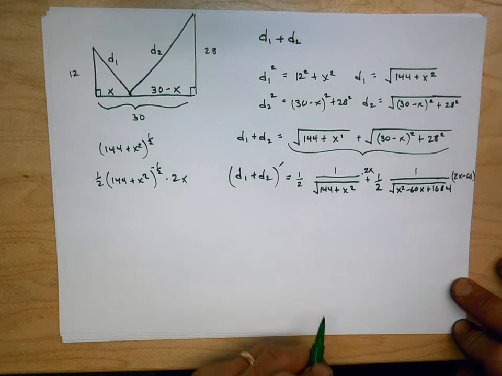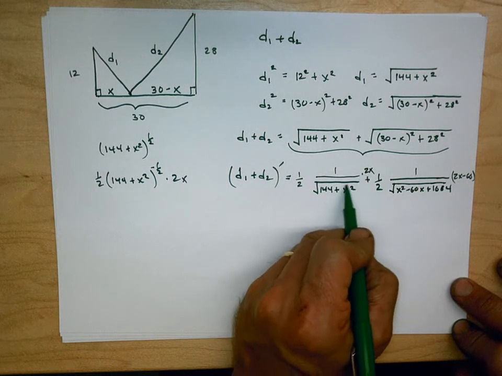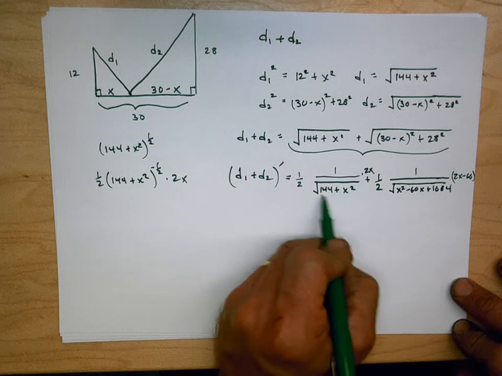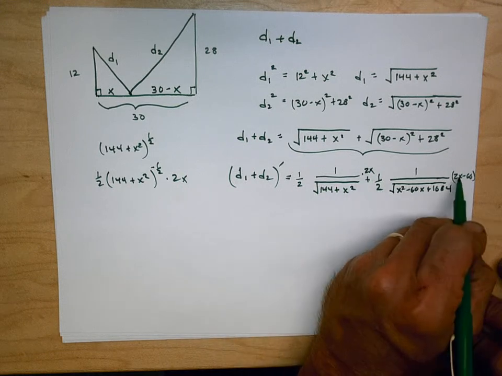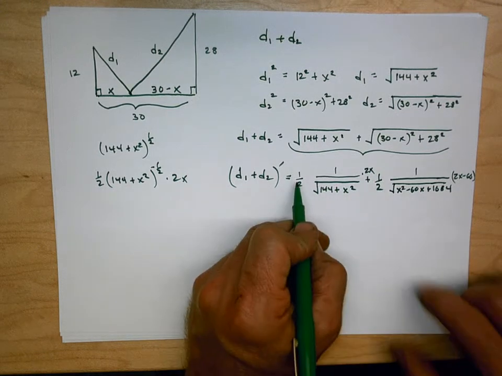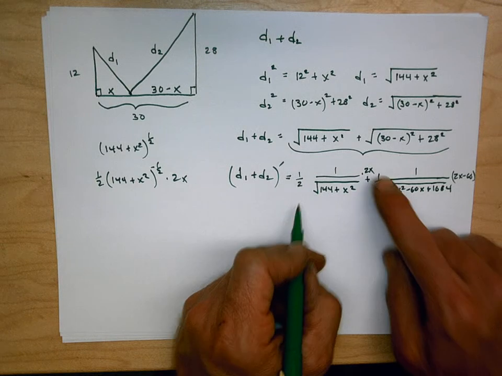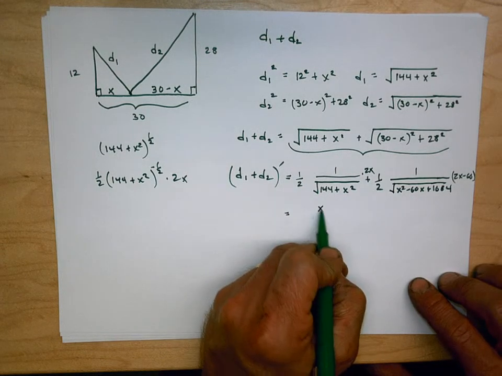All right, so that's the chain rule. I have to multiply by the derivative of the inside. So the derivative inside here is 2x. The derivative of this was 2x minus 60. All right, so if I multiply the 2x times the 1/2, I can simplify this to